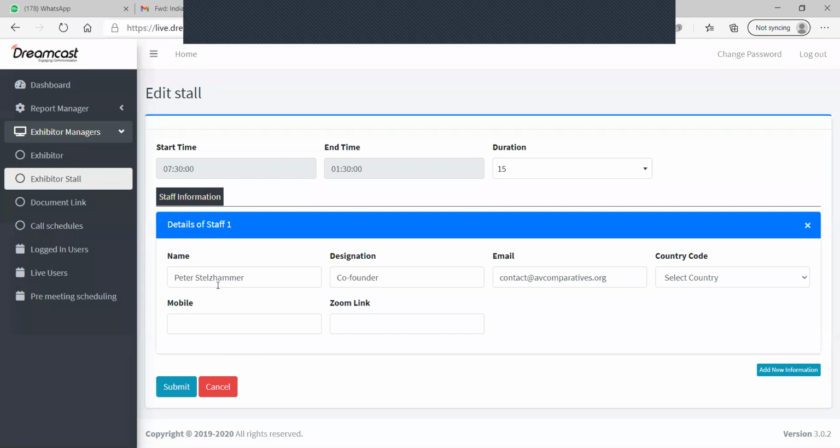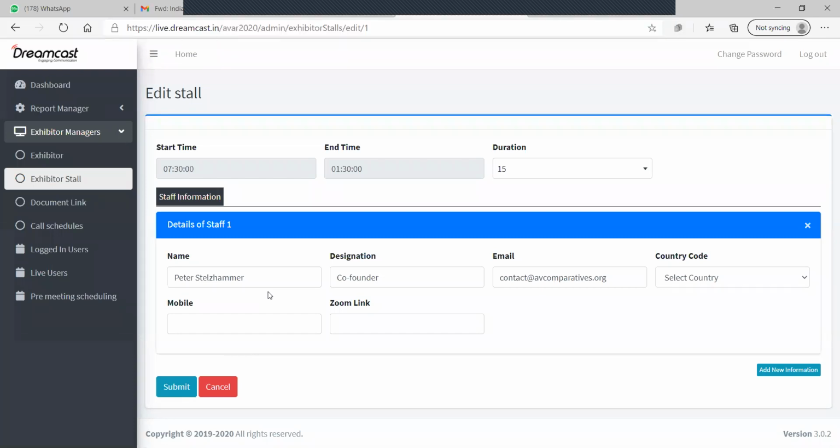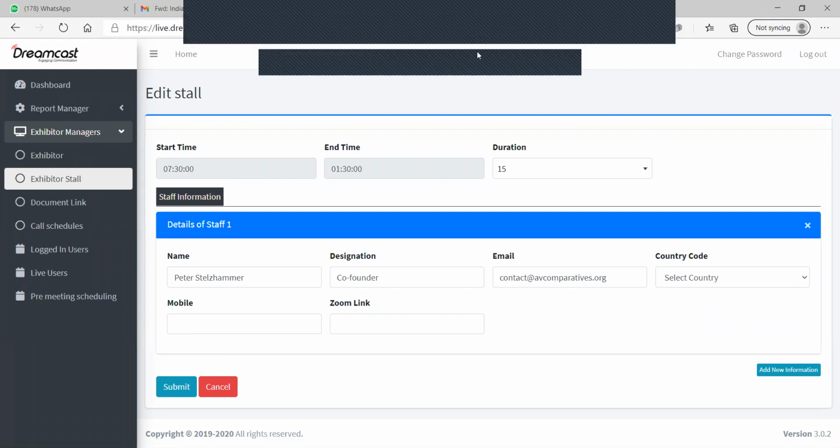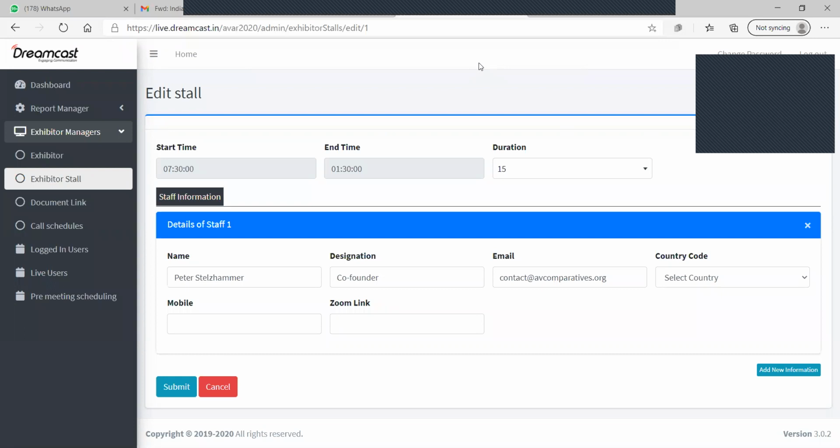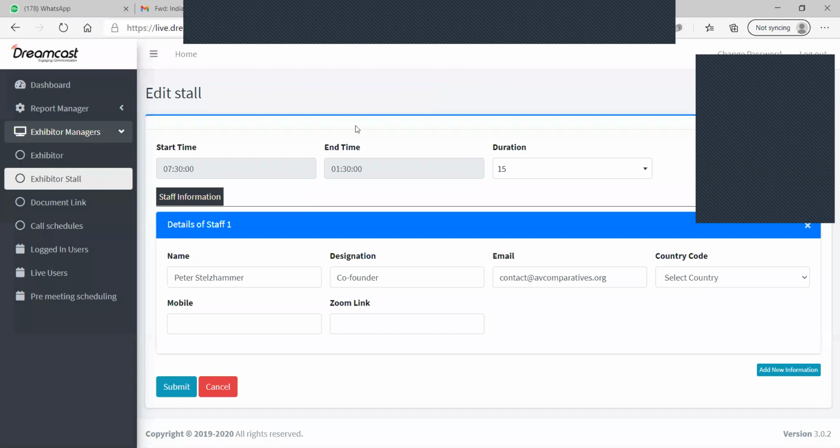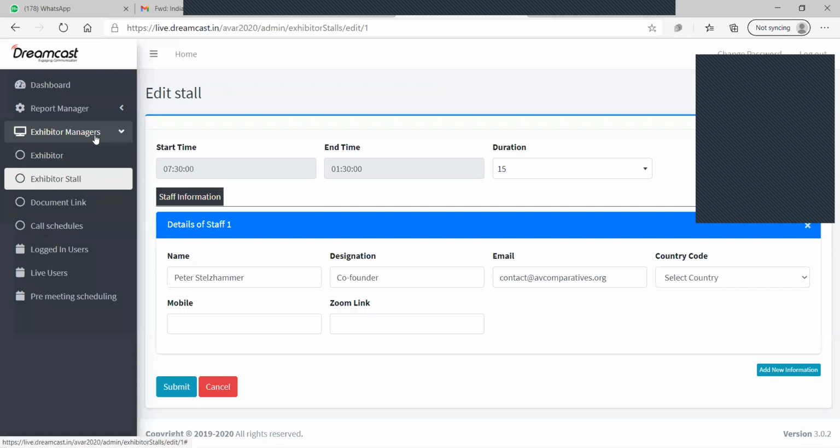Yes, you can upload up to 10. You can upload 10 people's staff information over here. That is another detail. This particular part I will come to later, because this is not the uploading the documentation part. Now the uploading the documentation part is completed. We will go to connect with the consumers, connect with the visitor or any delegate. Again, you have to go to the exhibitor manager, go to the exhibitor.